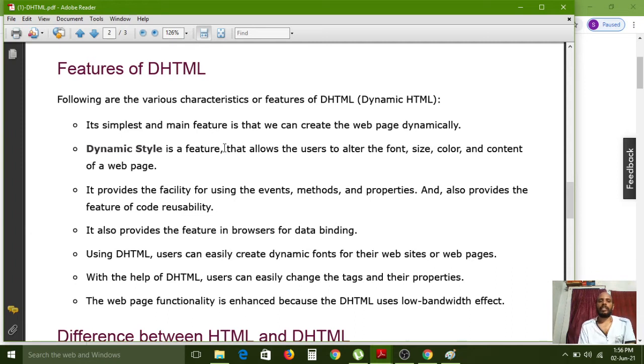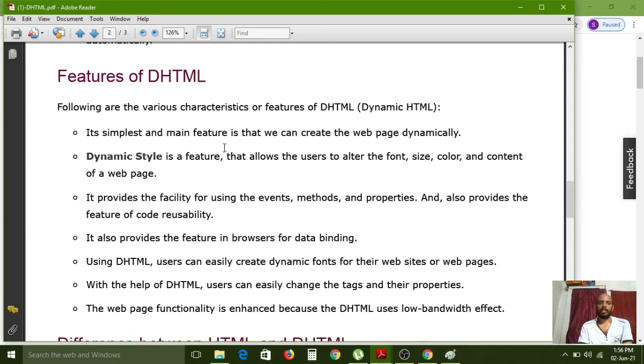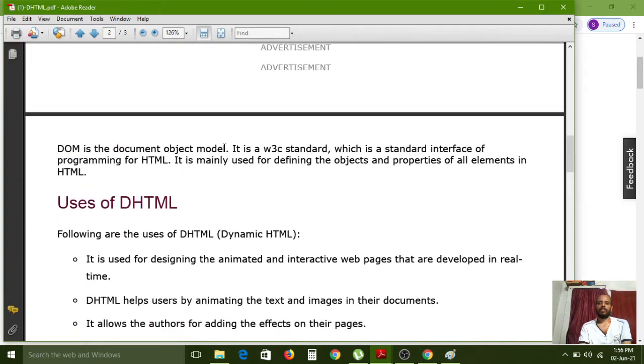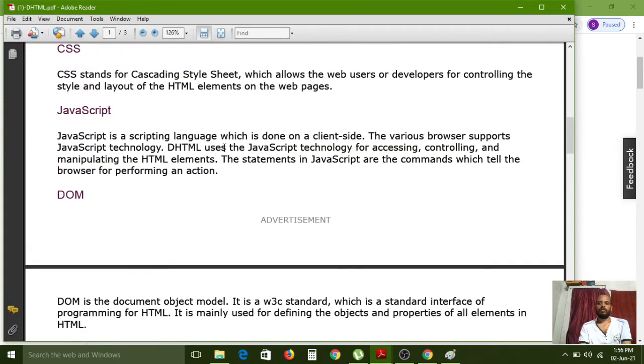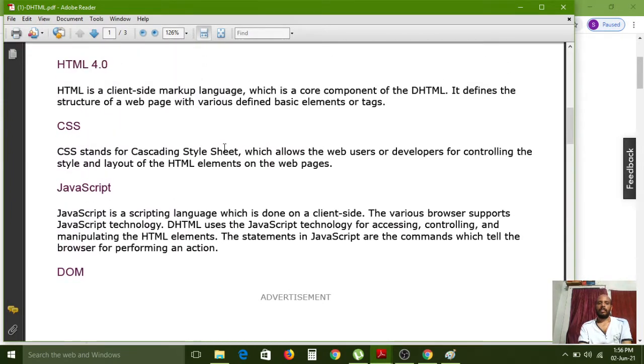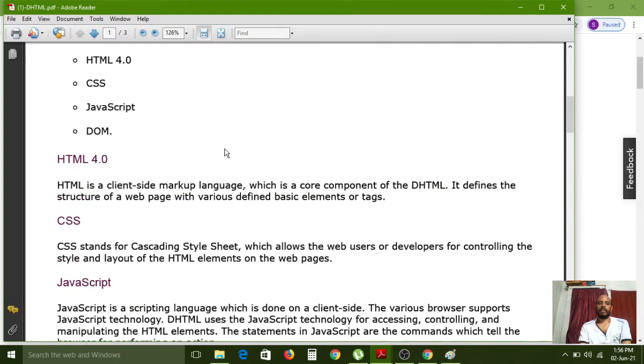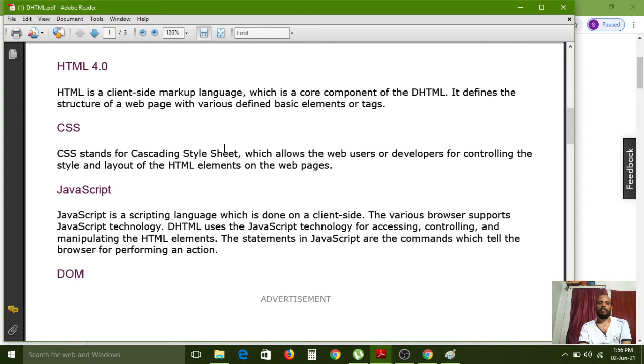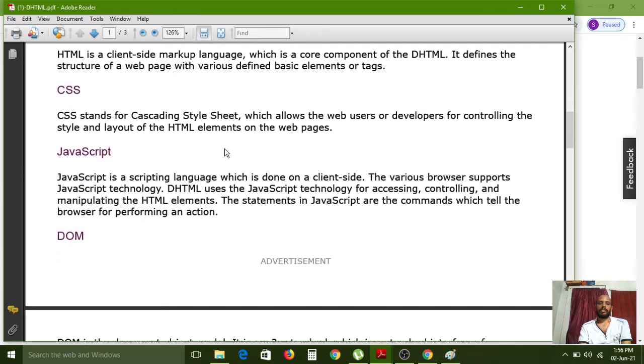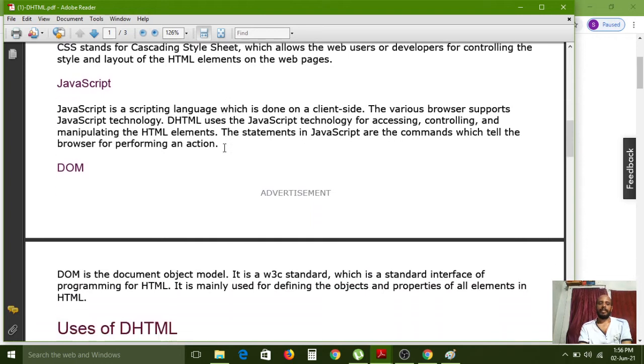And features of DHTML. In the last class, I completed the concept of what is DHTML, what are the components of DHTML, and what are the definitions of HTML 4.0, CSS, JavaScript and DOM.